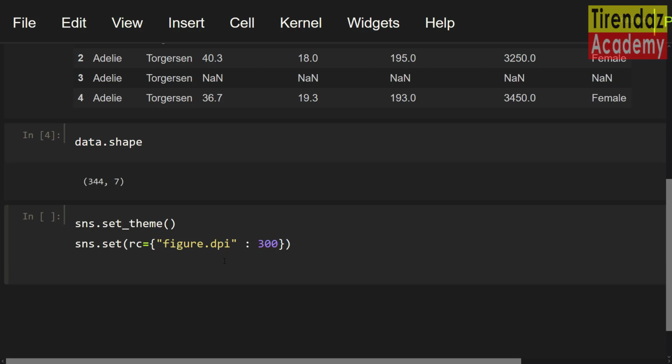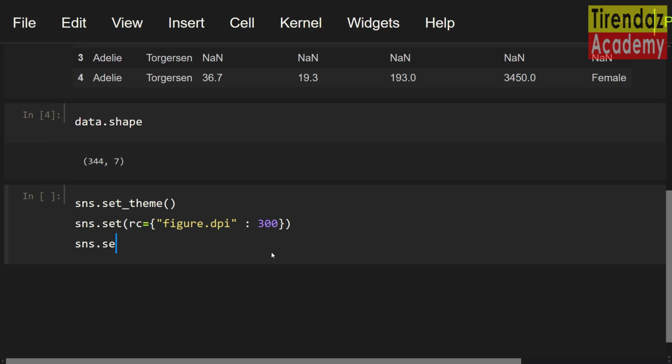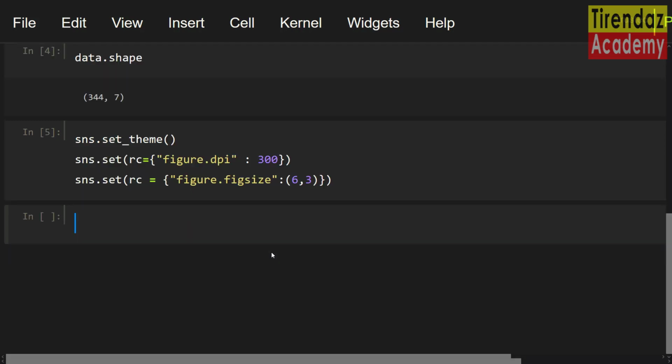Let me determine figure size. sns.set(rc={"figure.figsize": (6,3)}). Wonderful. I specified my themes. Now let's look at the statistical plots.